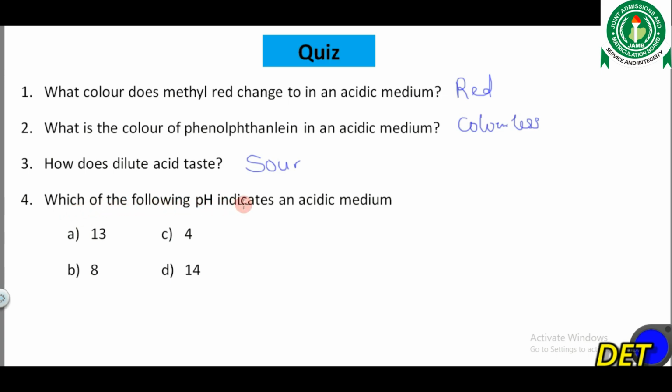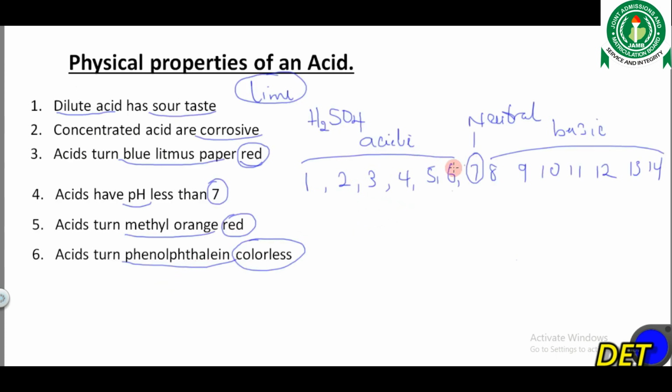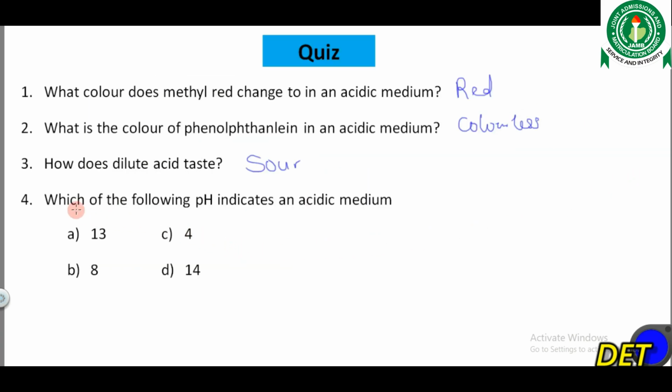Then which of the following pH indicates an acidic medium? A, 13; B, 8; C, 4; D, 14. Like I said before, the pH scale is usually from 1 to 14. 7 is neutral, from 6 to 1 is acidic, and from 8 to 14 is basic. So which pH indicates an acidic medium? A pH of